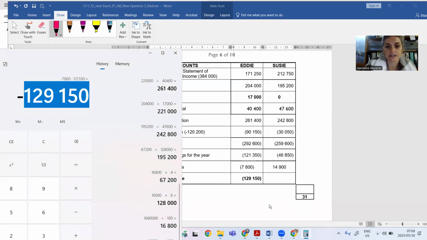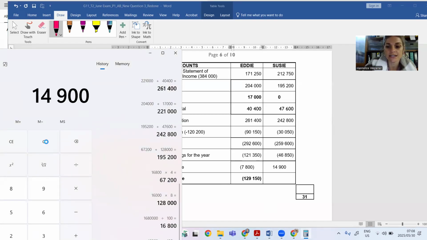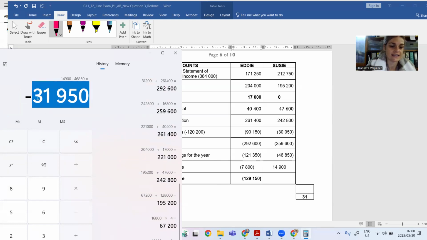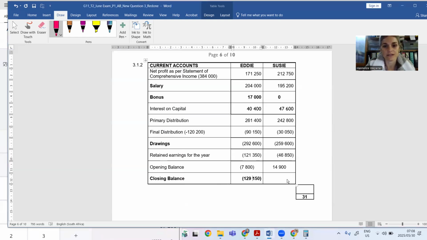And then Susie started on a positive balance of 14,900. And then she withdrew more than what she earned for the year. Oops, I took the wrong one. Let me just quickly take the right amount. I took her full drawings. There we go. So she's ending on a negative